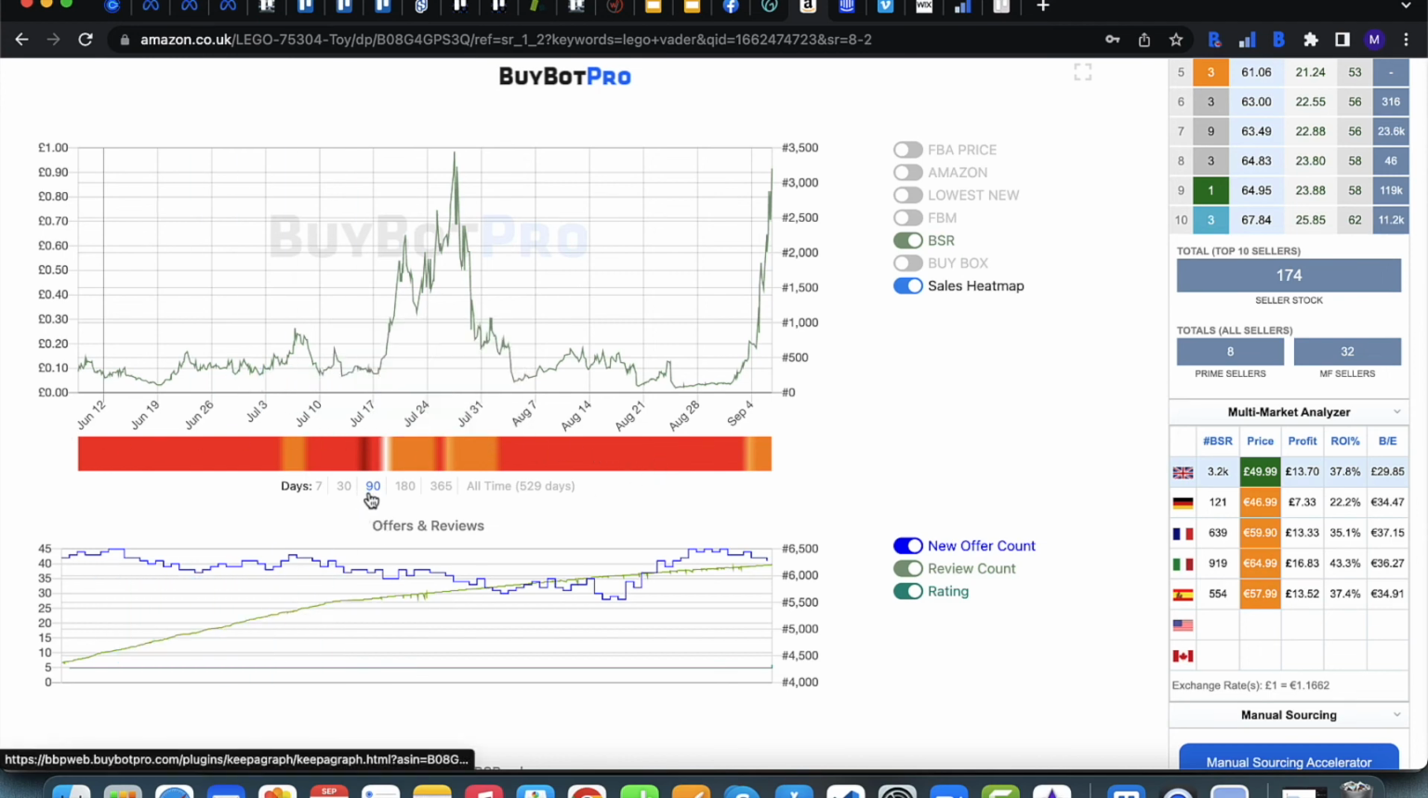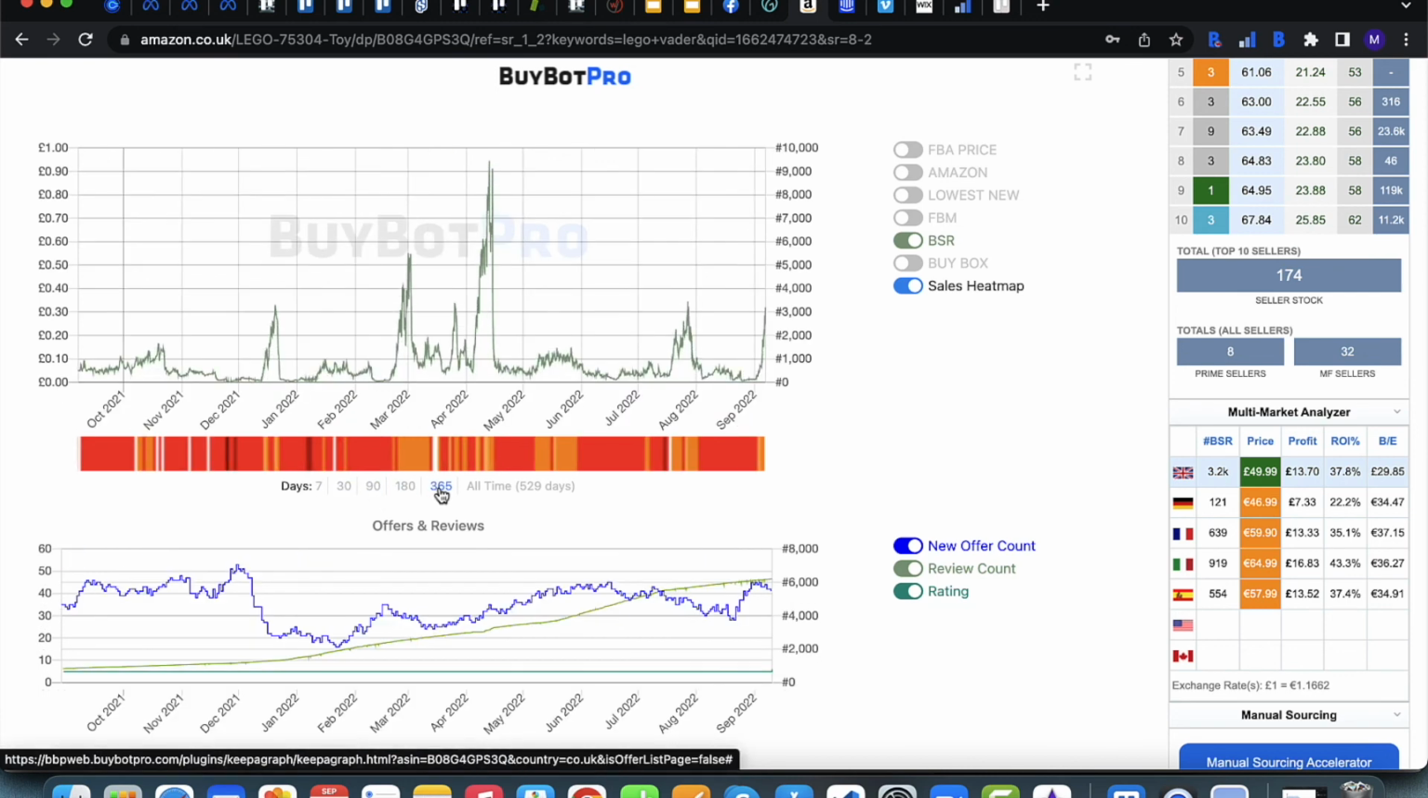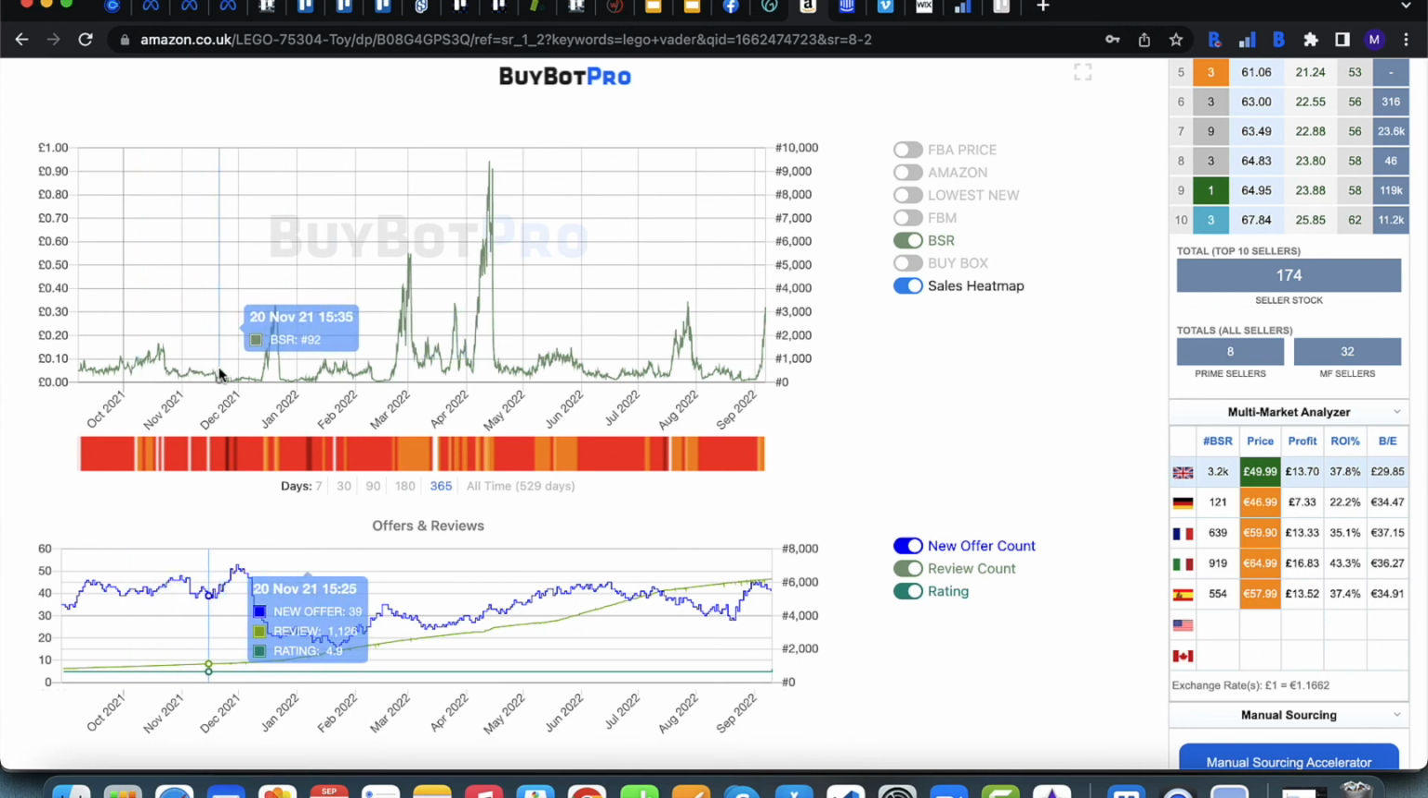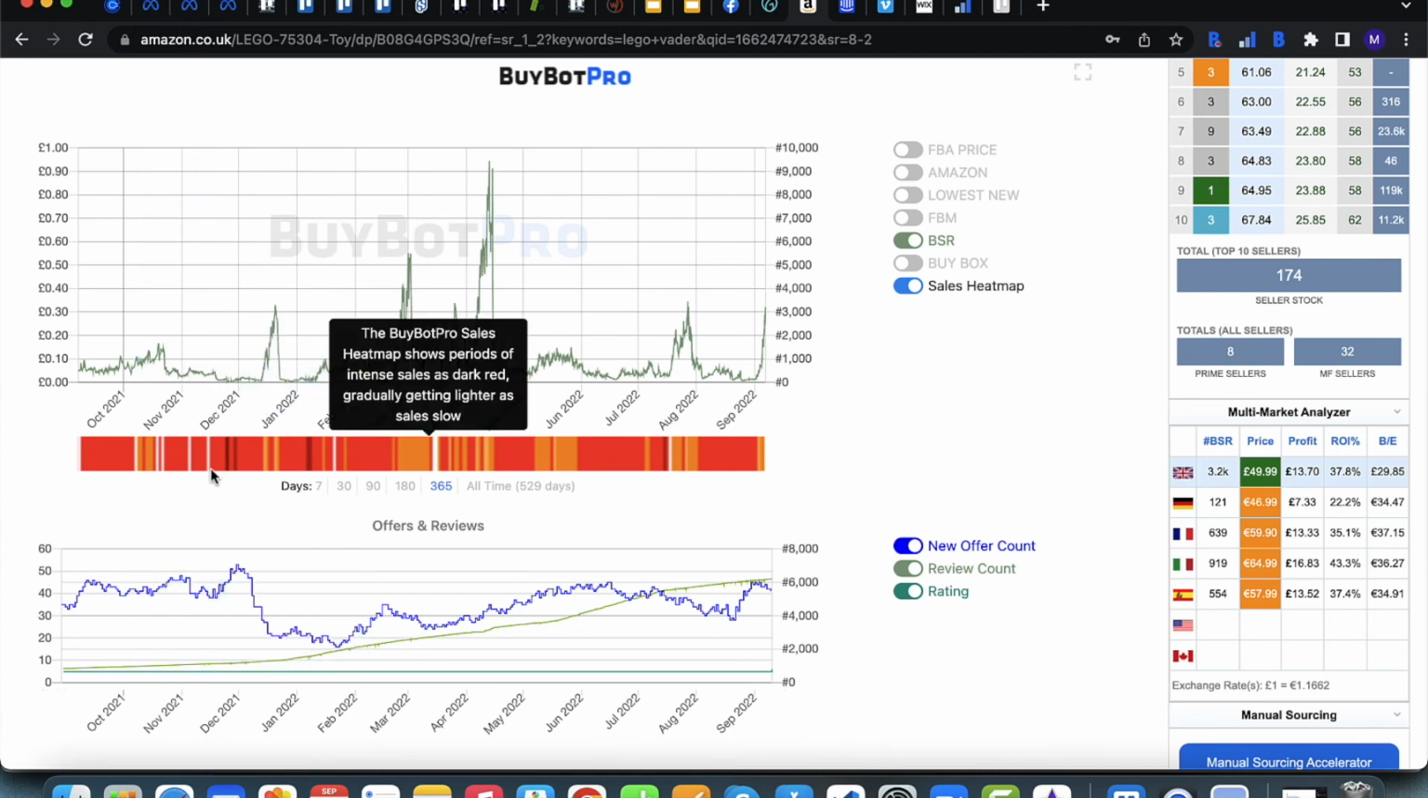This is set on the last 90 days, so you can change the day range. If we put it on 365, so in the course of a year, we can also look back at the BSR line here, as that does line up with the sales heat map. Also, we can see that for the